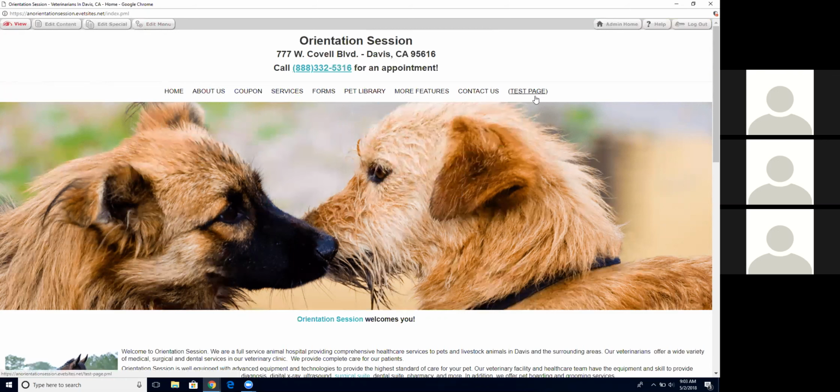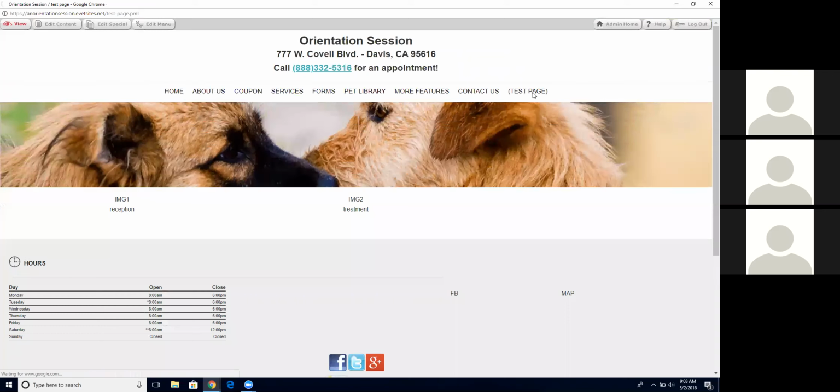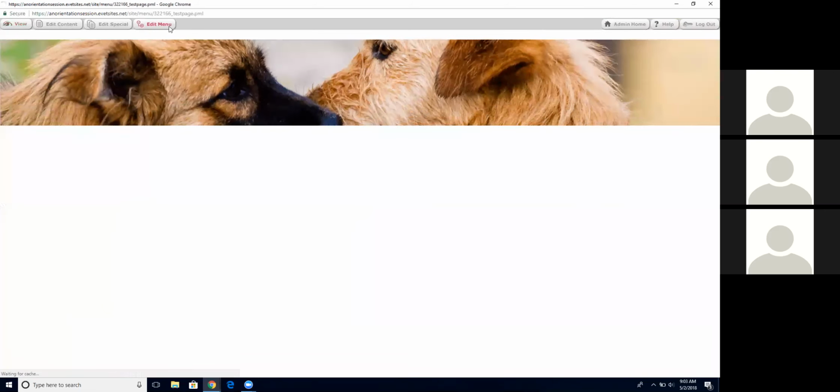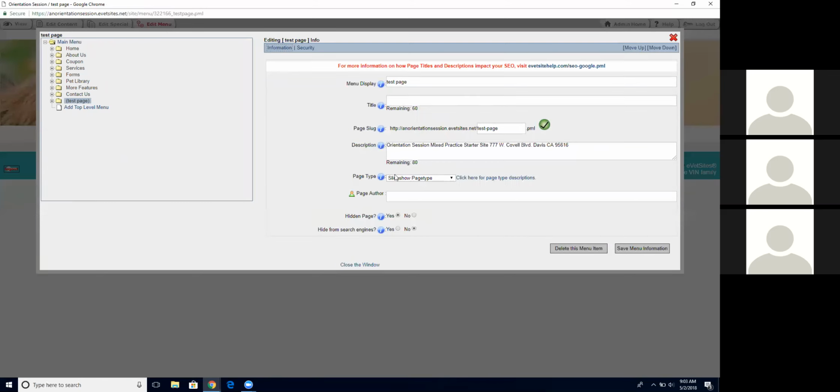For example, this page appears in parentheses. You see it's test page. When I hit edit menu, you'll see whatever we have highlighted on the left in the menu, the info on the right pertains to that page. So briefly, we'll go through this. Menu display is how it's listed on your page. Title,